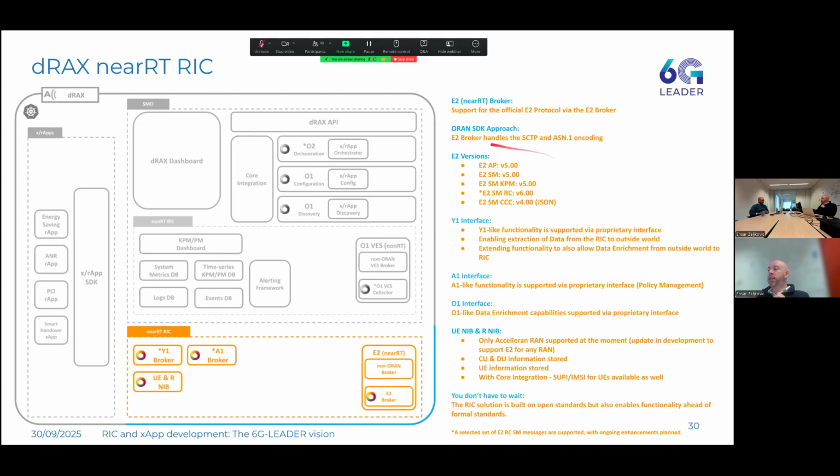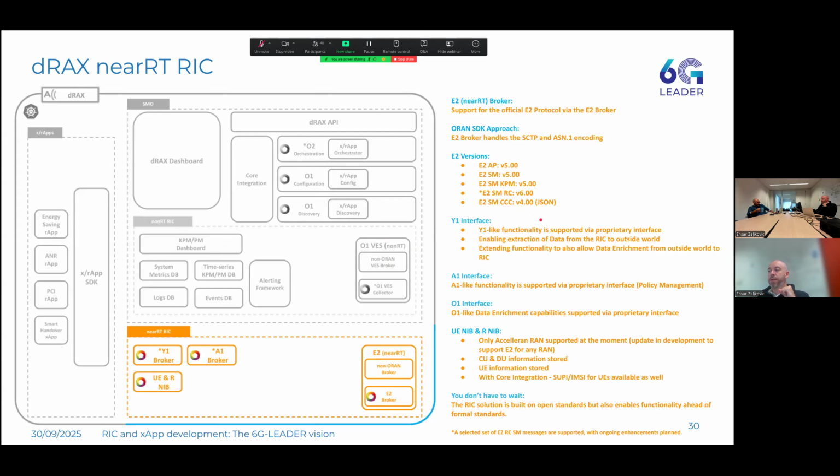The versions of the E2 protocol we have are basically the latest versions that we've implemented. As some of you know, or maybe don't, the E2 protocol in Open RAN is divided into what's called service models, depending on the use case that you're tackling. So, for example, there's a KPM service model, which is used to extract KPMs from the RAN to the RIC. And then you have service models like RC, which stands for radio control, or CCC, which stands for cell configuration. And those are more in the opposite direction, so trying to reconfigure or dynamically adjust parameters inside of the RAN component.